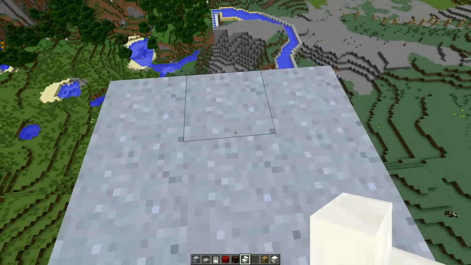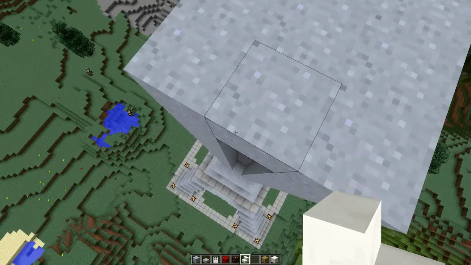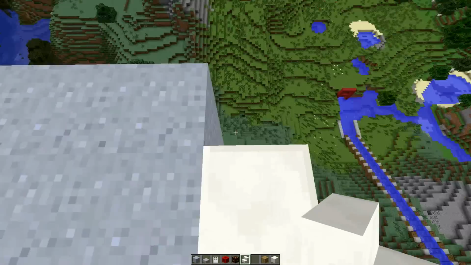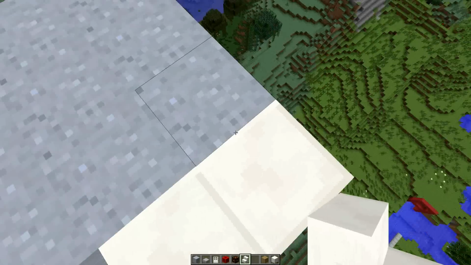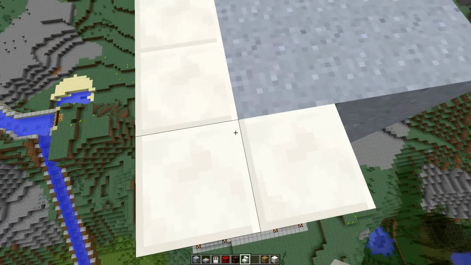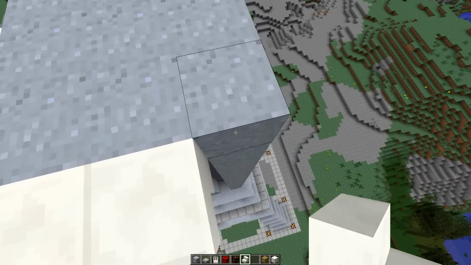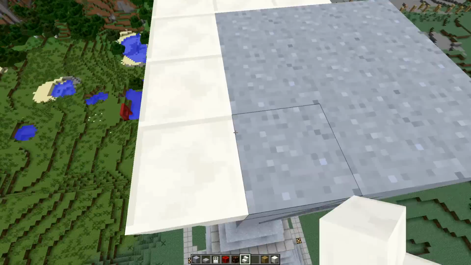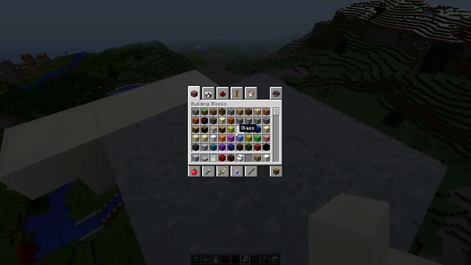Okay, so now we're going to build our final viewing platform, and see if we can do this again. Do it from the top this time. So I'm just going to literally go around the edges again with these steps, because I like that design, and that way I can use glass panes. So the glass panes need to be out here, although I wonder, thinking on my feet here as we go along, I wonder if we actually use